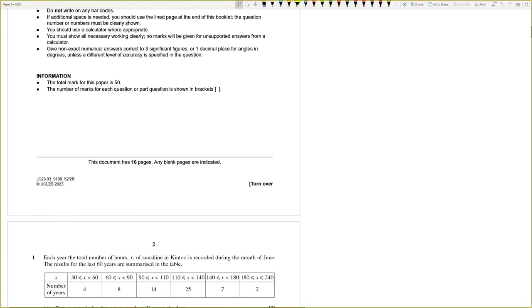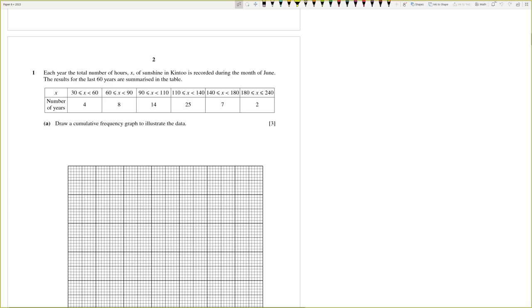So all non-exact answers should be given to 3 significant figures or 1 decimal place for angles and degrees. Okay, let's begin. So for the first one,